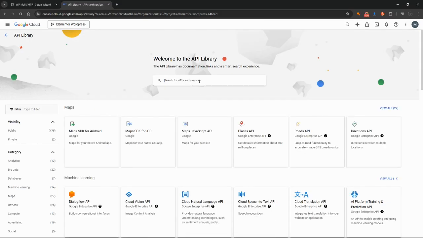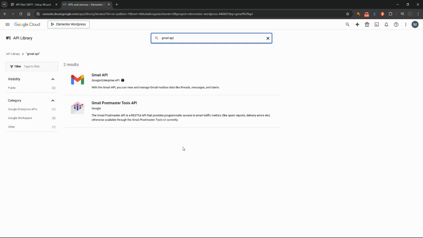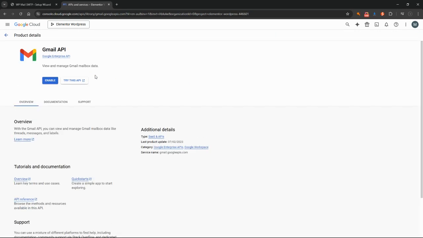And we're going to do a search for Gmail API. Hit enter, and you can see the Gmail API has come up there. So we're going to click on this one and we want to enable it. Click on the enable button,